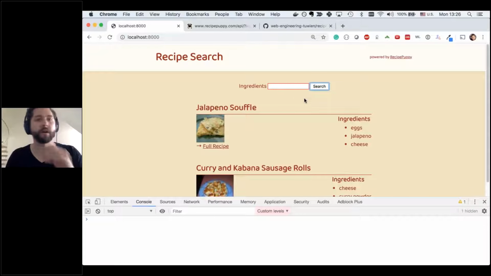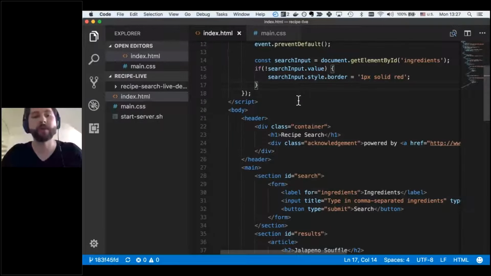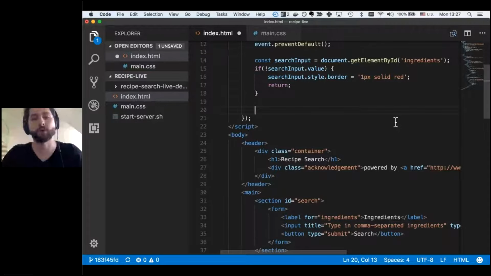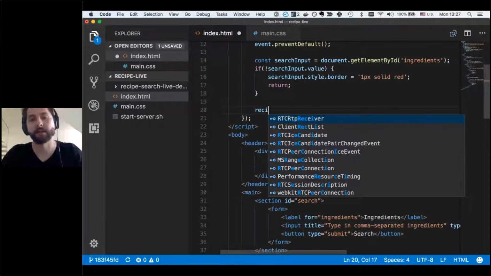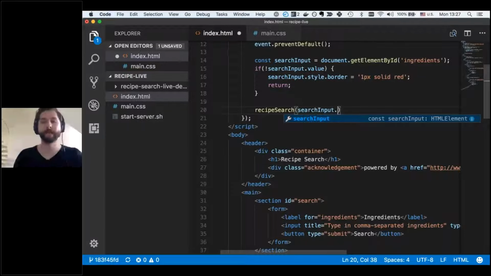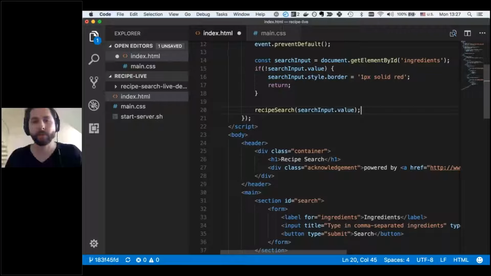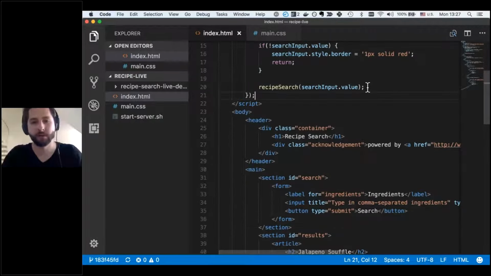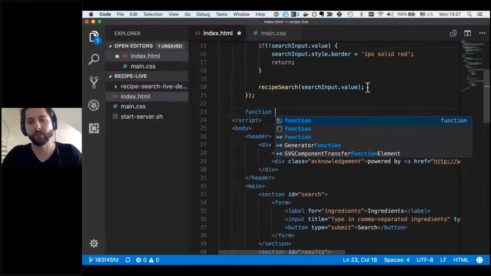And now the other condition is, if it's empty, okay, do nothing. So do nothing means we have to return here, right? And otherwise, let's search. So let's have a method called recipeSearch, where we provide this string. And now if we define a function here called recipeSearch, right, with a search term,